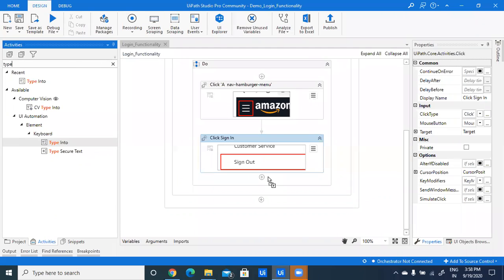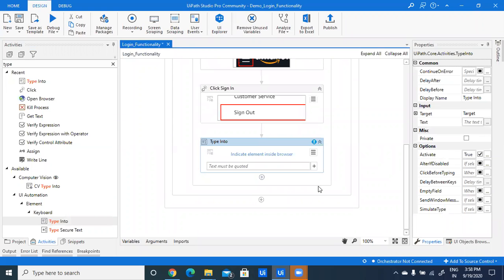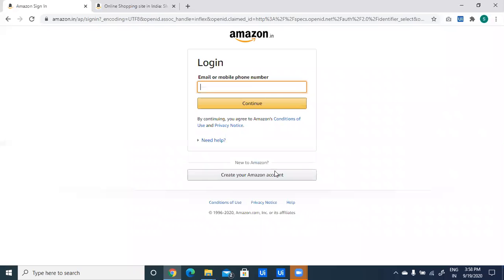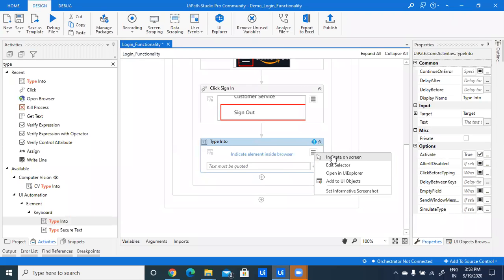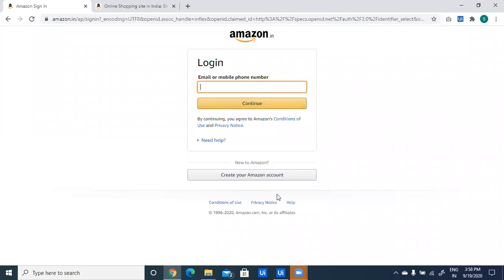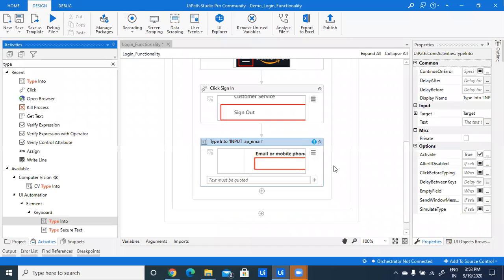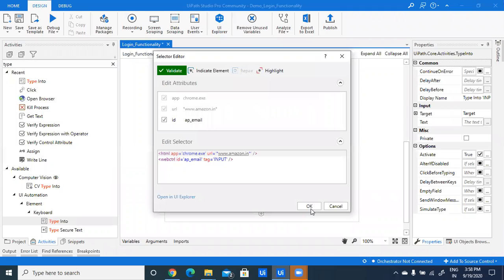So this type into activity is used to type our data in the text field. So click on indicate on screen and just indicate this field. And go to edit selector and just verify that our selectors are validating or not.